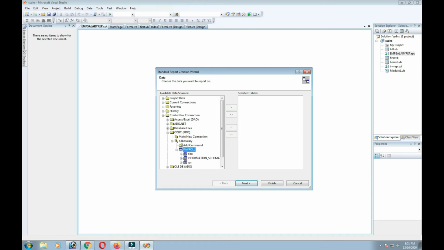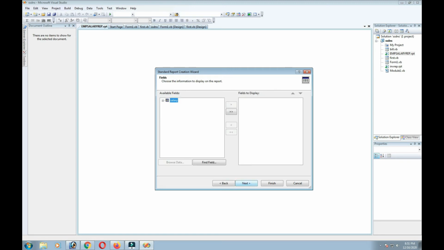Once you finish, then automatically it will open the database connection with the tables, however many tables you created. So just expand this payroll and DBO. So my table is salary. So I just select my salary table and press Next. So see, the table came here, and then press Next and then expand this. For example, some tables have more than 20 or 150 fields. So you need only some fields to print out of the group of fields.